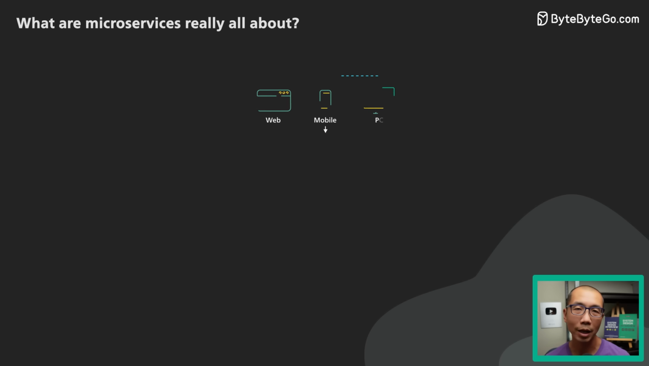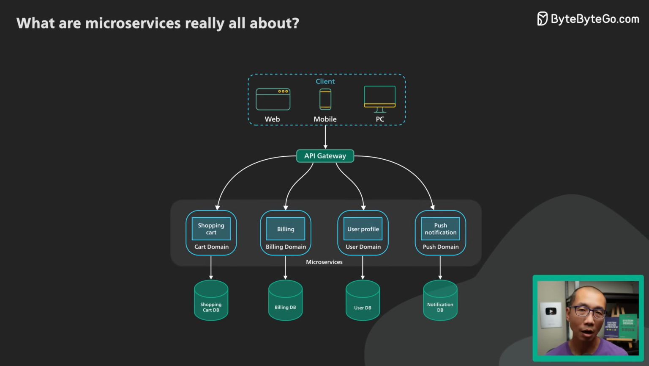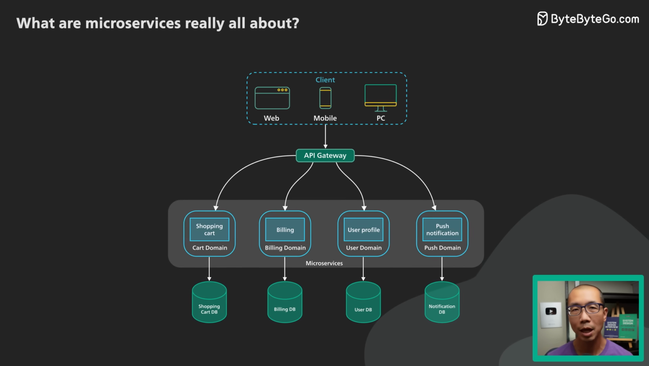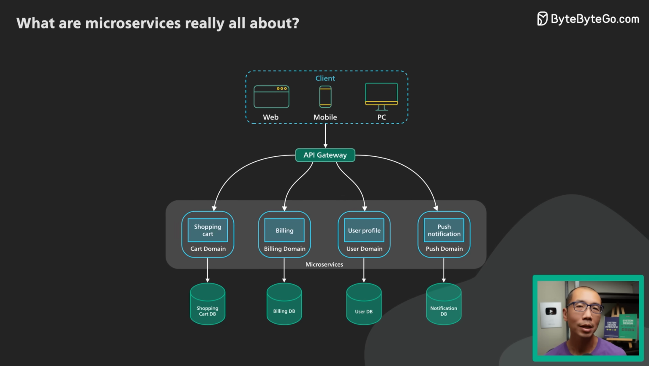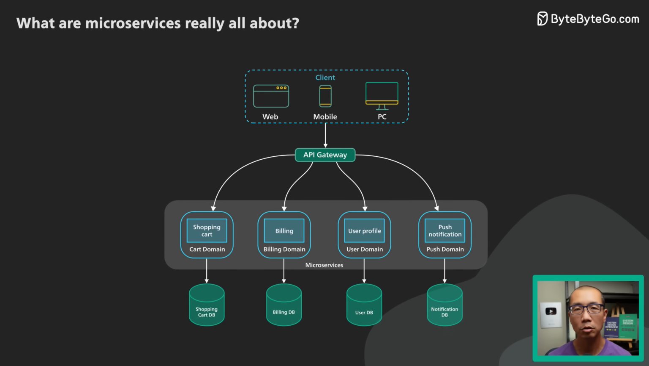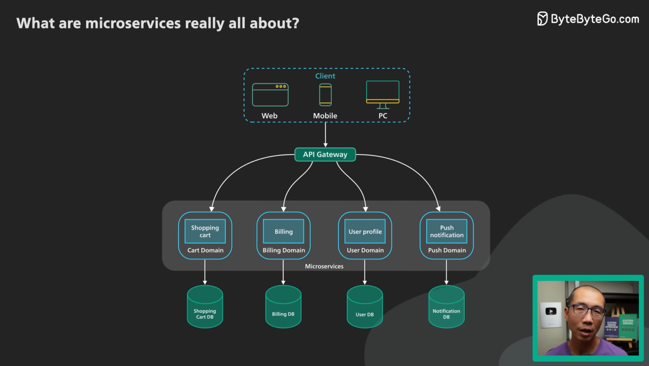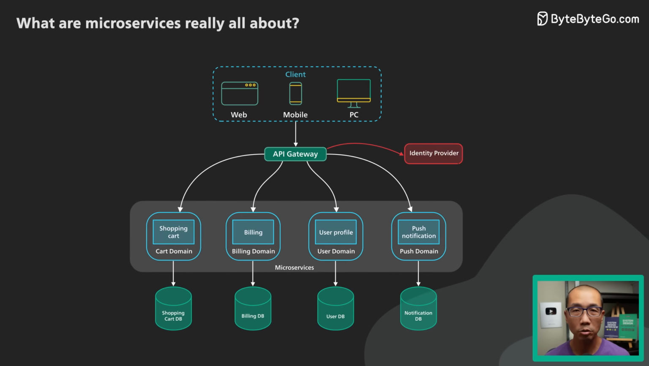Now let's take a look at other critical components required for a successful implementation of microservices architecture. A key component is an API gateway. API gateway handles incoming requests and routes them to the relevant microservices. The API gateway relies on an identity provider service to handle the authentication and authorization of each request coming through